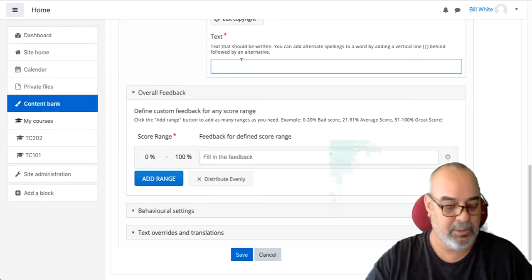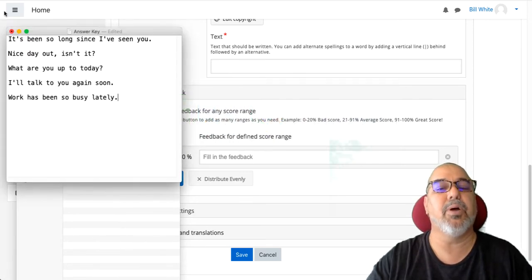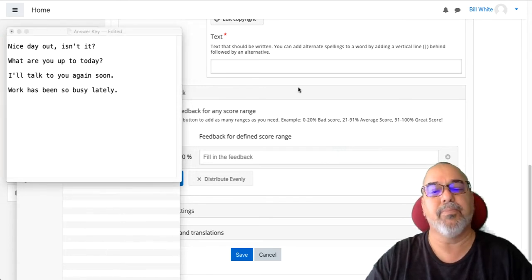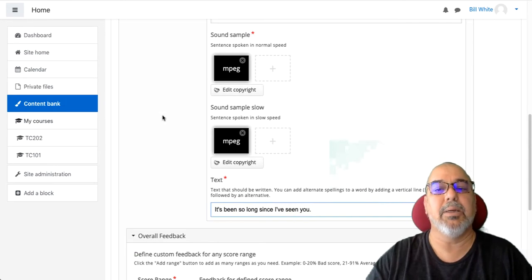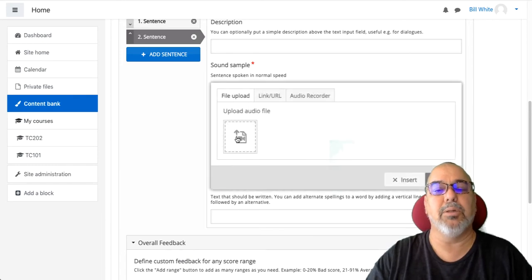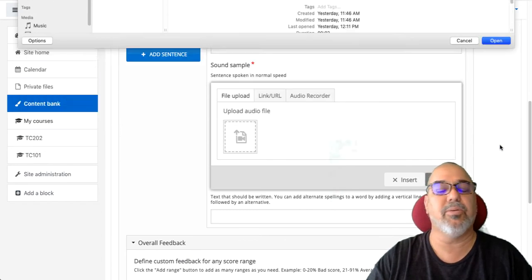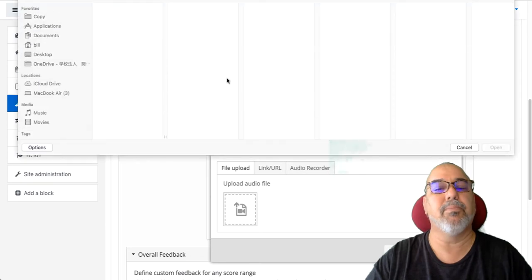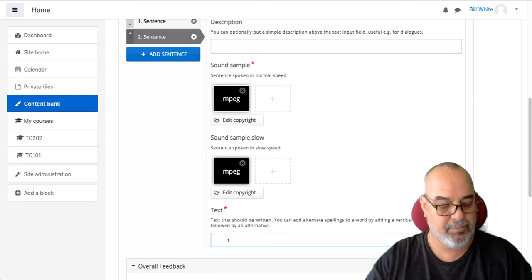And then what you expect them to write. Then add another one. Okay. I'm only going to do 2 instead of all 5, but this just gives you an example how easy it is. And then